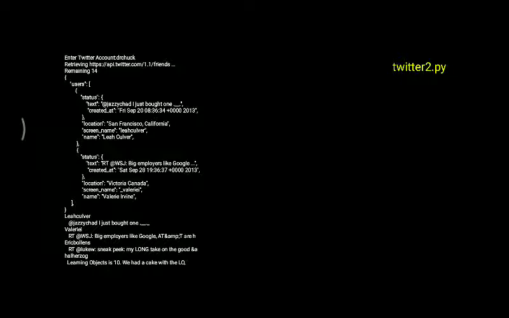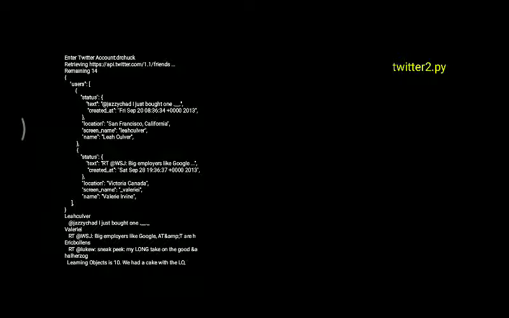You can see these users in the form of a combination of dictionaries and lists. Users are written in the form of a list, and under that we have different dictionary elements, status, location, and for the second user also once again status and location, and it displays the particular content here.